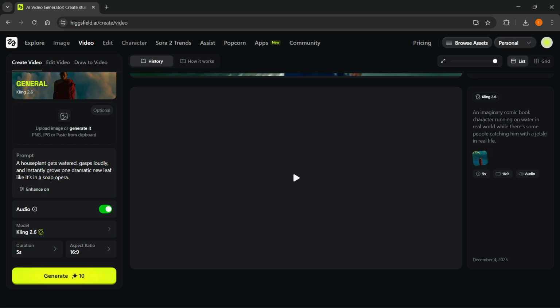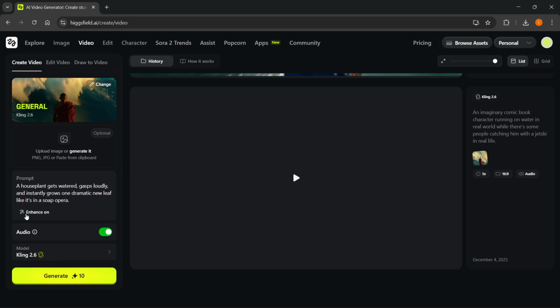Up here, as you can see, under the prompt, you want to type in your prompt, and then you can leave the enhance on or off. So if you leave it on, it's going to enhance your prompt, but if you put it off, it's basically not going to do it. It's going to do literally what you said over here. In here, as I told you already, you could just upload images and go from there, or just go off a simple prompt. But what's the most important thing here is that you can also change it from a general